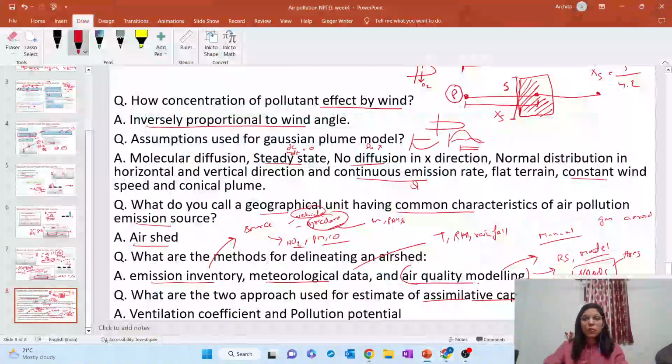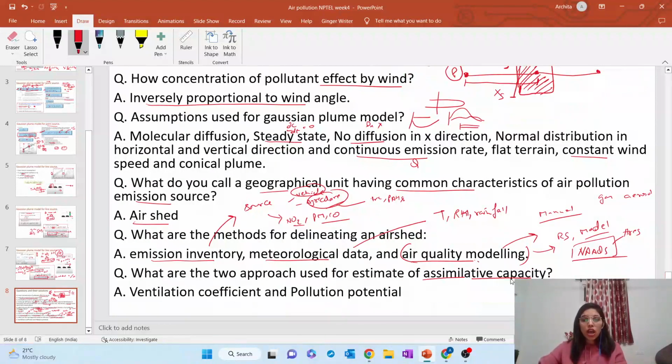And so assimilative capacity is how much a pollutant can be accumulated, pollutant accumulation in the atmosphere, which will be below the threshold limit. Okay. So the threshold limit which is being devised by this agency or other agency, for example EPA,